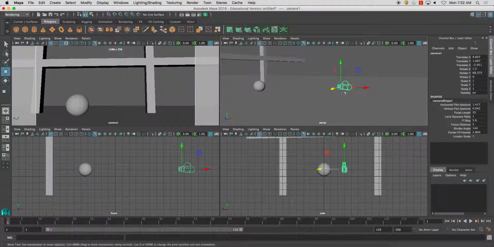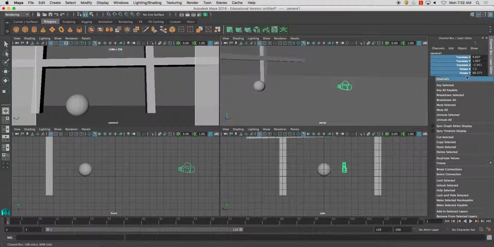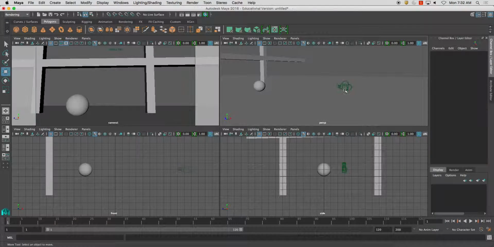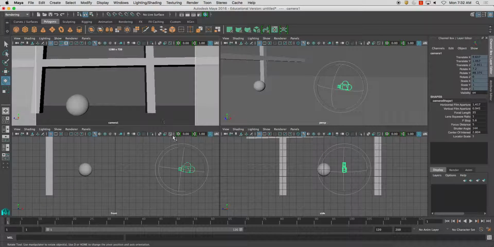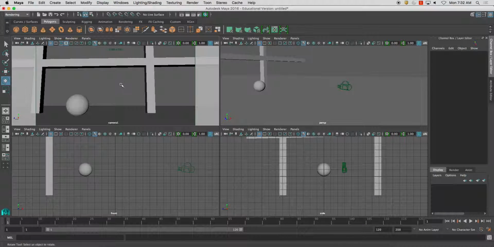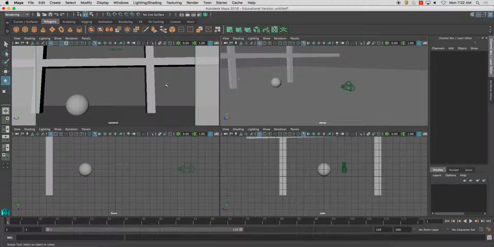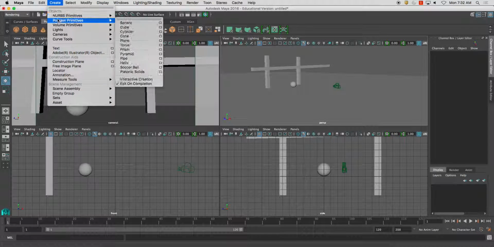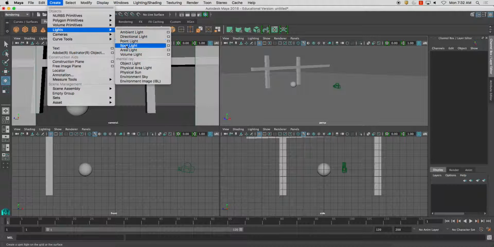But to get started here, one of the first things you always want to do is lock your camera. So right click on here, lock camera, highlight your attributes, and just lock selected. Now, no matter what, I cannot change or rotate or pan or anything with that camera. So it's locked, it's dead set, which is awesome because we can't accidentally rotate our camera. Now the other thing is we need to start creating some lights. So let's go ahead and go to create lights,